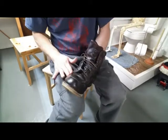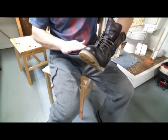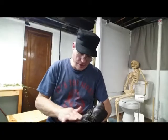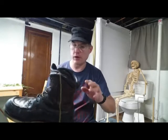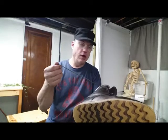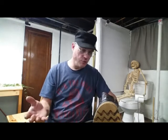All right, now I'm finishing up the second boot. And I'm going to tell you what I like about these two. Other than being so darn comfortable, I like the higher boot instead of a lower one. I had lower ones before. I really didn't care for it. And I noticed these shoelaces have lasted a long dang time. I never had to replace these. And usually shoelaces go very fast in work boots. I had a job where if you didn't have spats, and that's a thing that covers your laces,